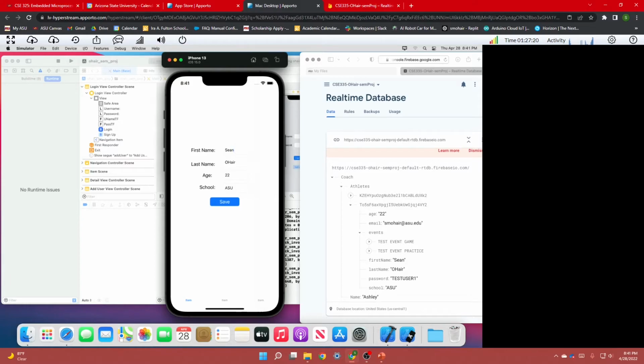And then if I want to update my age, instead of 22, let's say 21, hit save and it updates the field. There we go. Changes back. Okay, and then that's that first pane, the edit user pane. And then if I go here,